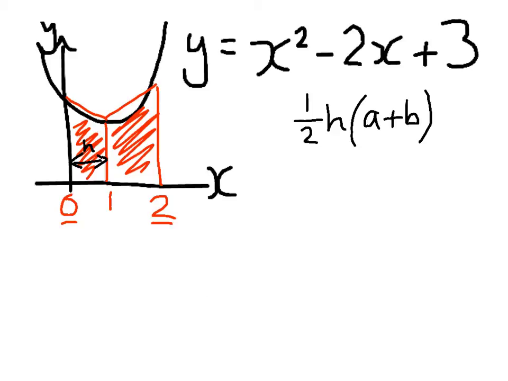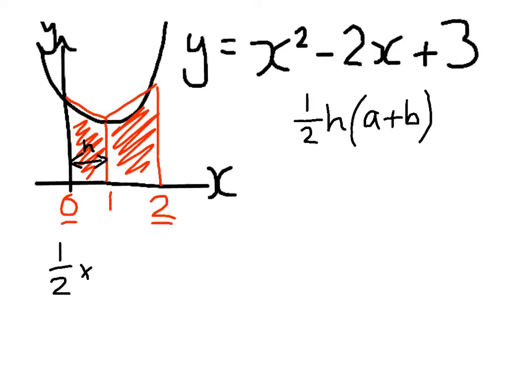Right, so we've got half the height times A plus B. In this case, the A and the B are going to be this height and this height, because they're the parallel sides. So your first one is going to be f of 0, so you're going to put 0 into this equation. So our first trapezium is going to be